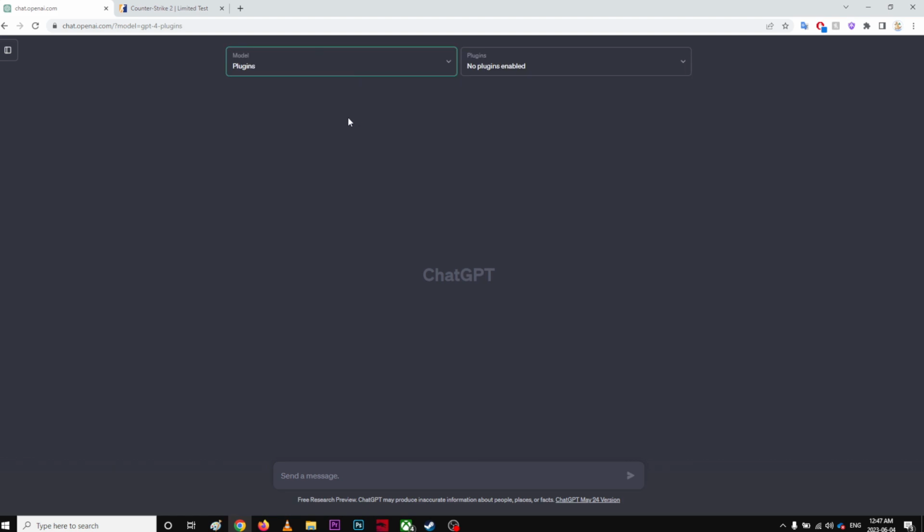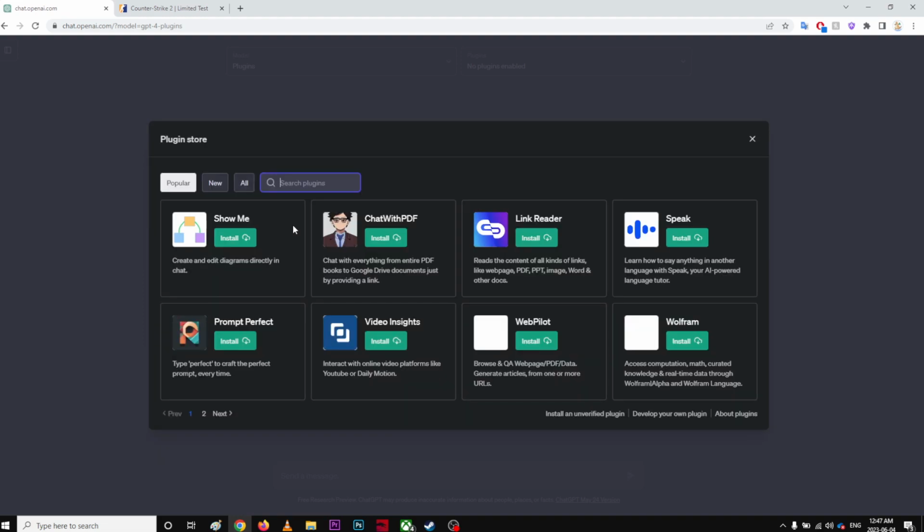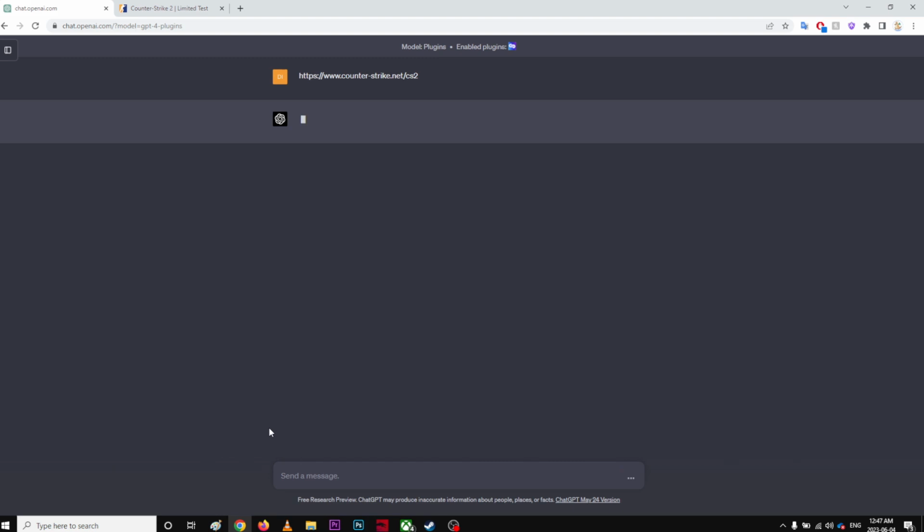All you gotta do is go to plugins, go to the plugin store, and download a plugin. There's a plugin called Link Reader. You gotta click install and click download, and once you do that you just gotta wait for a couple of seconds. If you don't have the plugin options, you gotta